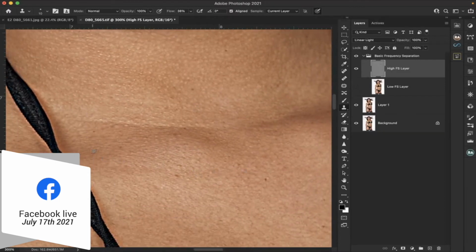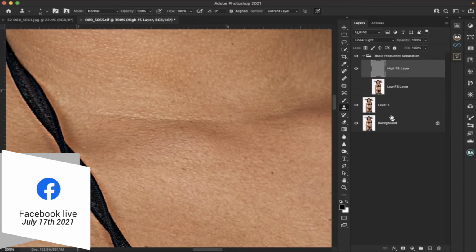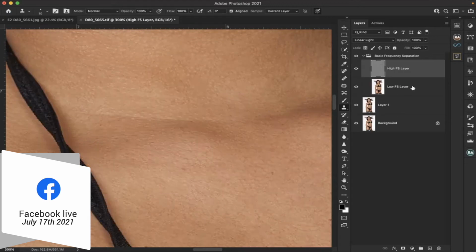So let's say like here, I could choose that. Let's bring the flow up to 100. So let's say I chose that, and I could just clone that. I don't know why that's not going. Okay, so let's go back to our